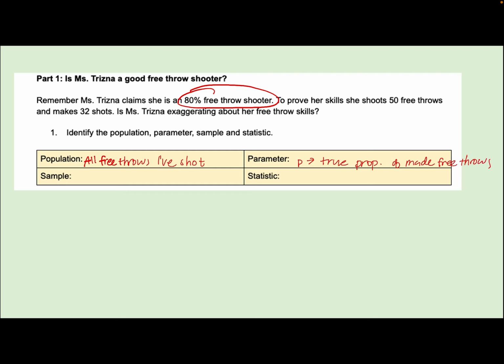For the sample, it'll be the 50 free throws that I took to try to prove myself. And then the statistic is p hat, and that's going to be 32 out of 50, which is 0.64. Remember, population and parameter go together, sample and statistic go together.